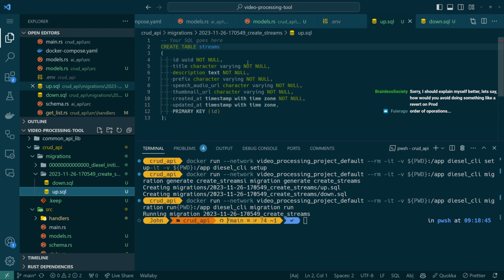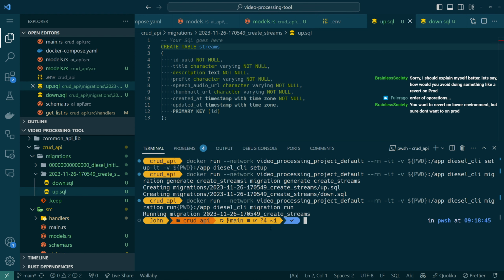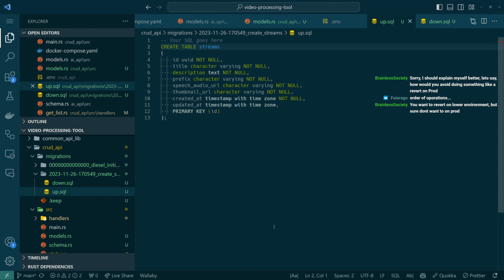I think there are some limitations, right? Because you might have a dedicated user for doing these migration operations on your production database. And when you do that, yeah, you want to revert in lower environments, but you don't want to in prod. Probably not. And so